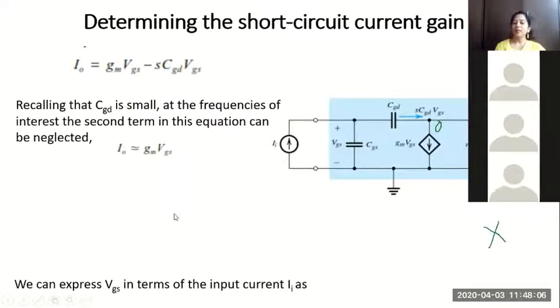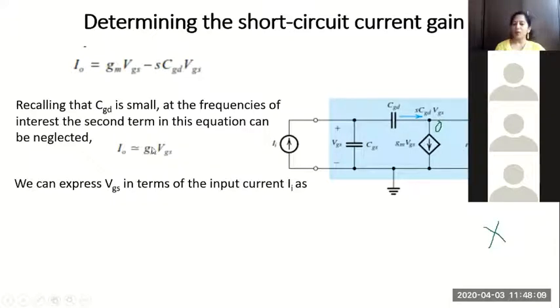Okay. Similarly, this VGS now, I want an expression for VGS in terms of this current II. How do I find that? I can find the value of VGS by considering what happens effectively as seen from this side. This current II flows through CGS in parallel with CGD. Why do I say these two are in parallel? Because this terminal is at zero potential and this resistance is as good as not being there in the circuit, correct? So effectively, these two capacitances will be in parallel.